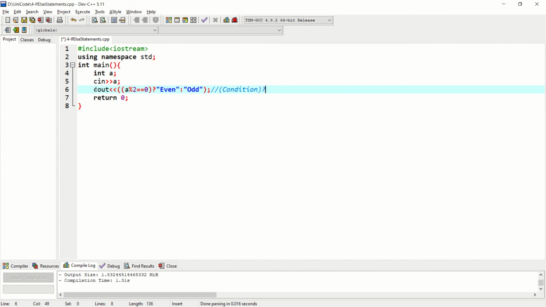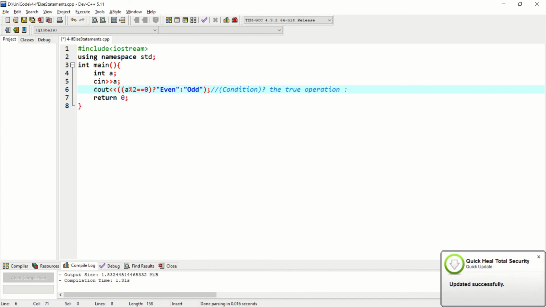question mark, the true operation, and we can only perform a single operation. I have written just the true operation, and then a colon, and then the false operation.